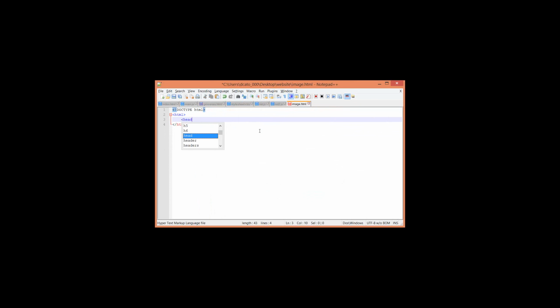We want to add a head and close the head. And then we want to add body and close the body. And then we want to add, let's go ahead and, what's this tag called? Oh, it's not in here. Can't remember. Title. Title, we'll call it showing images. Okay. And then in the body here,